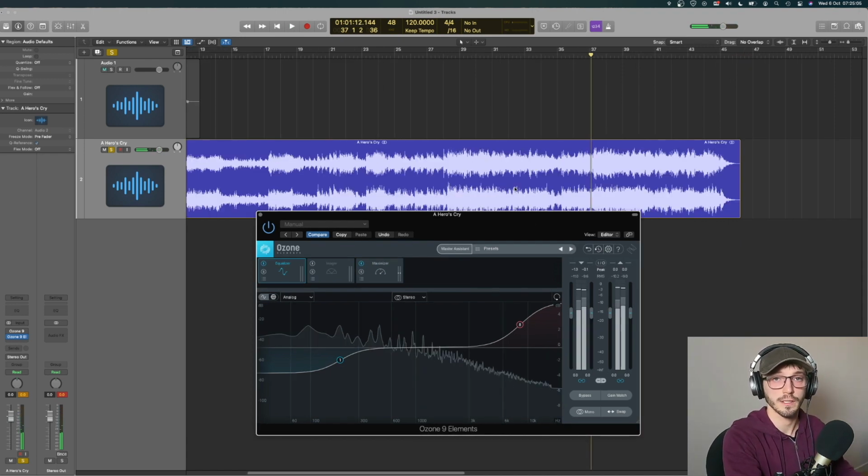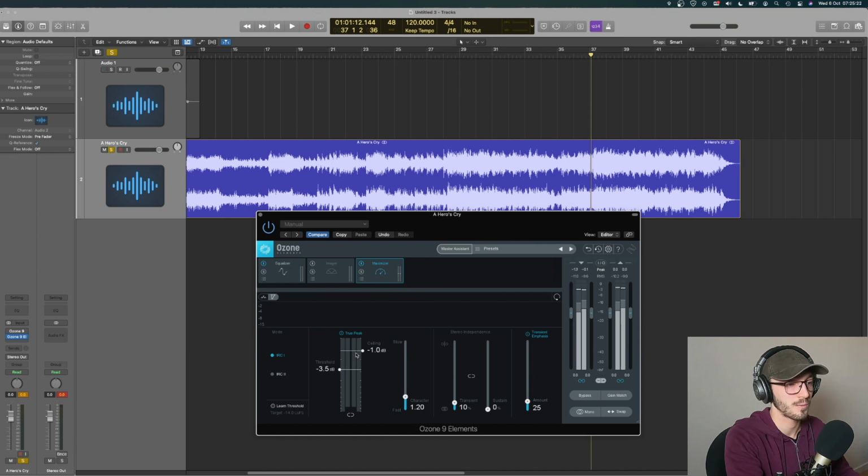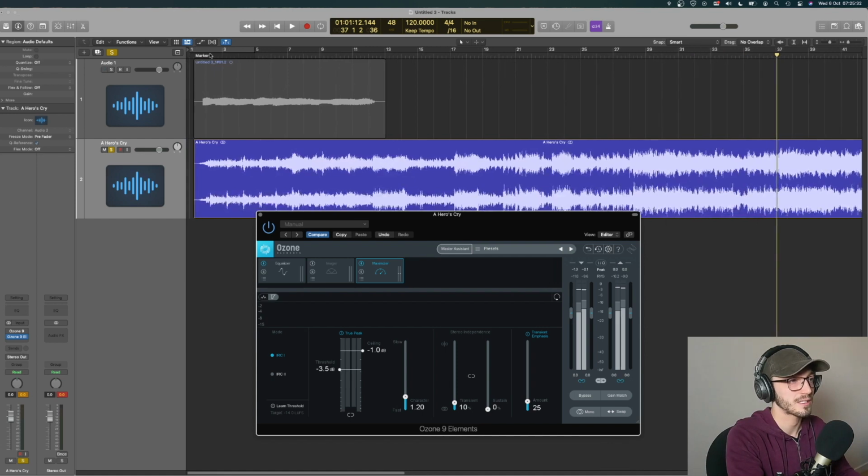And there you have it. You didn't even need to know that the low end was a bit too much and the high end was not enough, because the machine does it for you. And that's the beautiful thing about Ozone, especially if you're not familiar with mastering. Just clicking Master's Assistant, it does it for you. It sets a maximizer and a limiter so it doesn't go above -1, and we just needed to push it up just a little bit, set all the character. You don't need to fully understand this. And now if we listen back to the beginning,